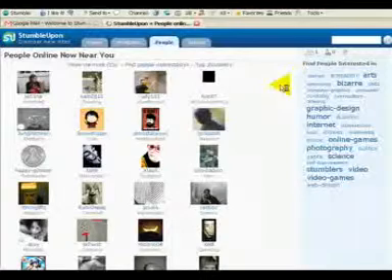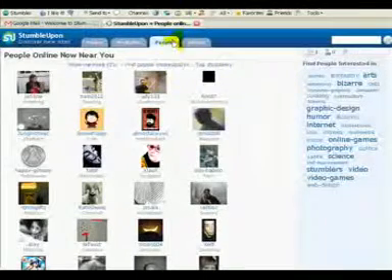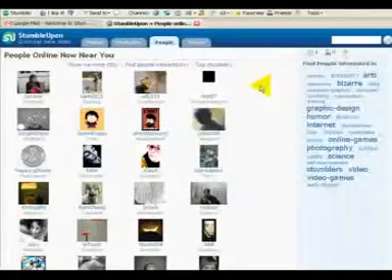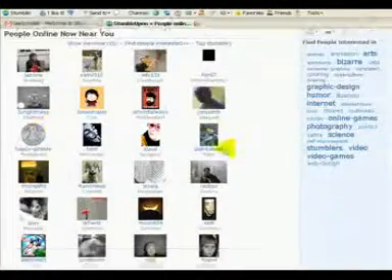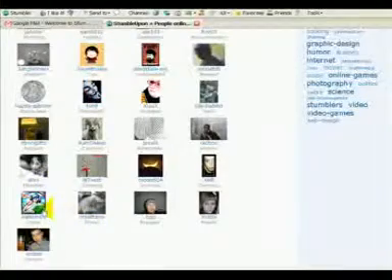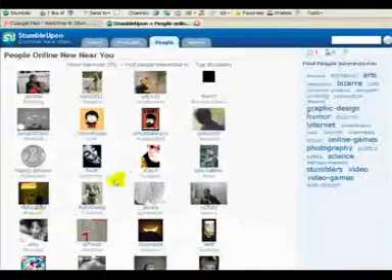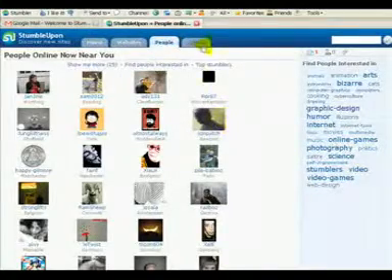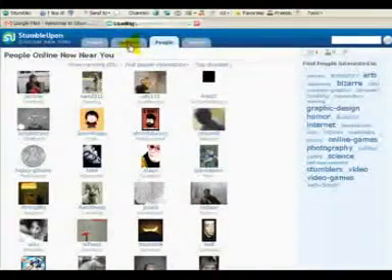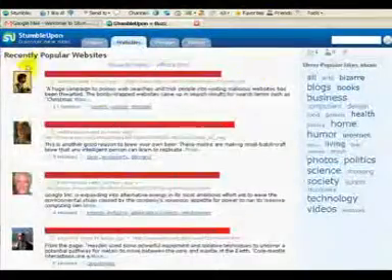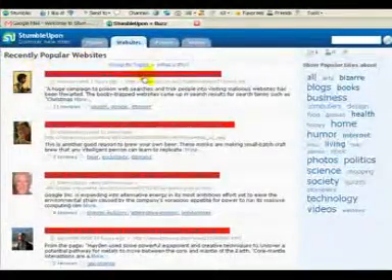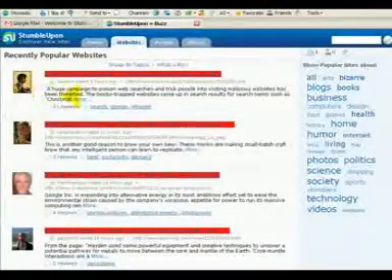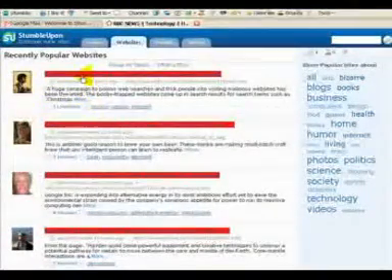The other cool feature here in Stumbleupon is if you click the People tab, it's looking whereabouts you are in the world. As I put, I'm in the UK. It's then starting to suggest other people that are online that are nearby, and if I wanted to start trying to network with some of these people, I might be able to go and look at their profile and contact them, etc. If I go to websites, then it gives me a different choice of recently popular websites. So we might decide to go look at, for example, the BBC site that's had 11 views. So we click that